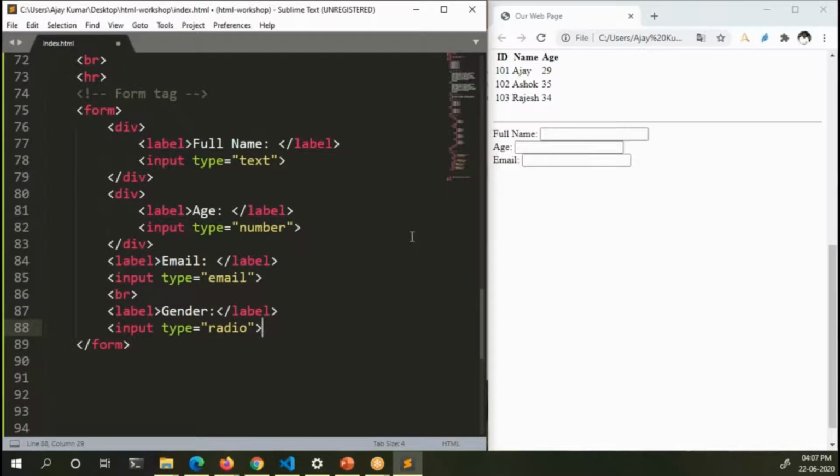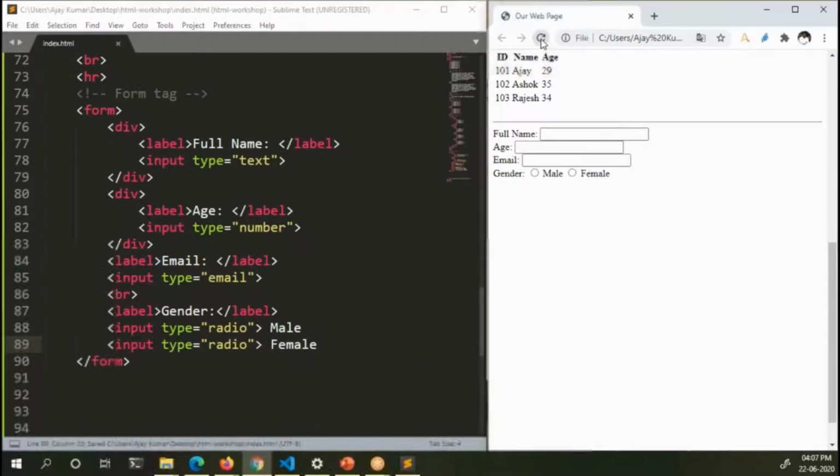Then you also need to specify the label for that radio. I will simply copy this and paste it. So now these two are the radio boxes. When you reload, you can now see these two radio boxes.